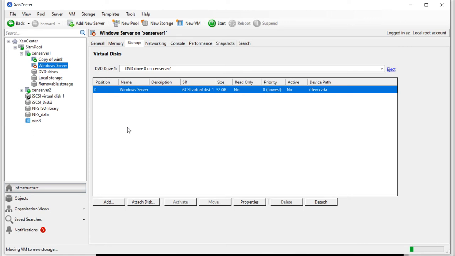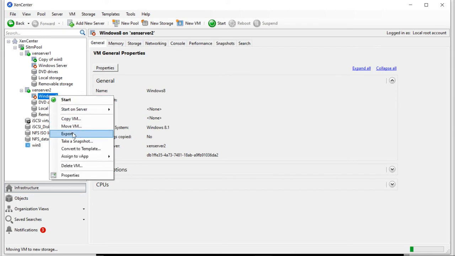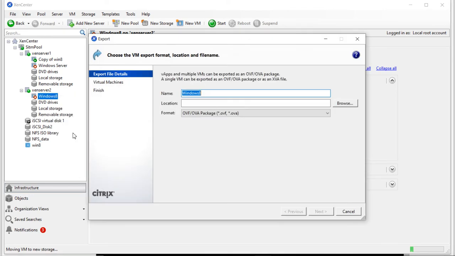So for example, this virtual machine I want to export, so I will right click on it and select the export option. Now when you select the export option, it opens the wizard, and here you can see what name will be for this export. Then you can choose the location. Now first of all, when you choose the location, it is going to choose the location where you are running this Zen Center. So if you are running the Zen Center on your Windows 10 machine, or whatever machine you are running it on,